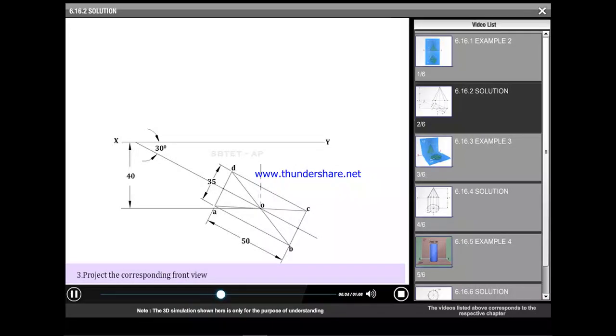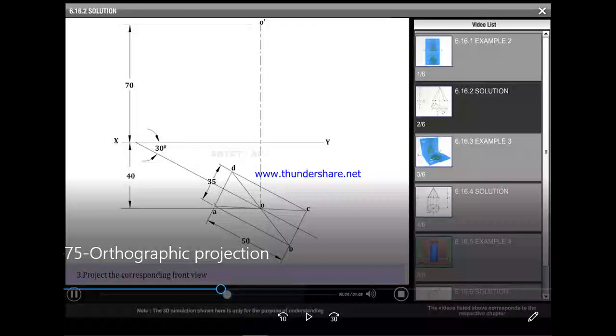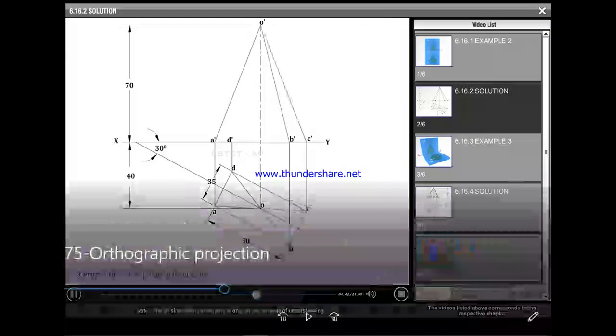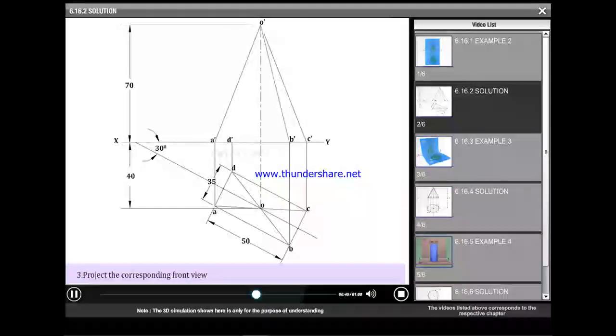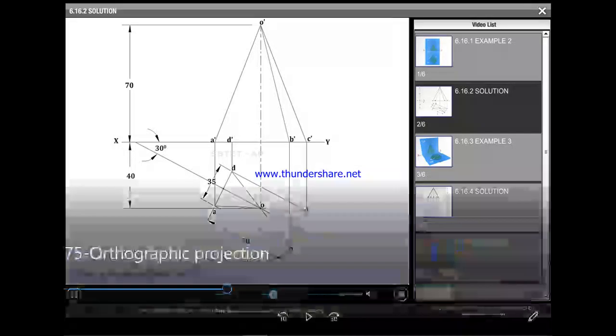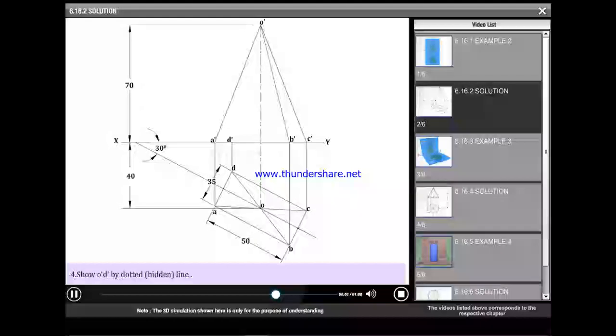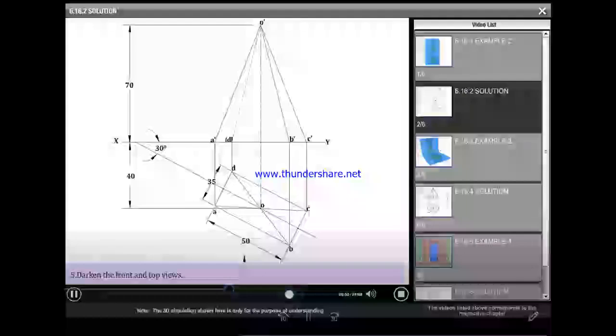Third step. Show O dash D dash by dotted line. Darken the front and top views.